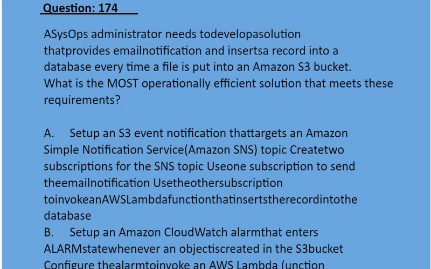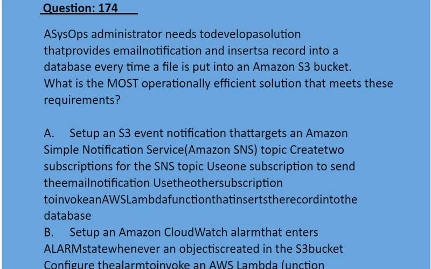Option A, set up an S3 event notification that targets an Amazon Simple Notification Service, Amazon SNS, topic to create two subscriptions for the SNS topic. Use one subscription to send the email notification. Use the other subscription to invoke an AWS Lambda function that inserts the